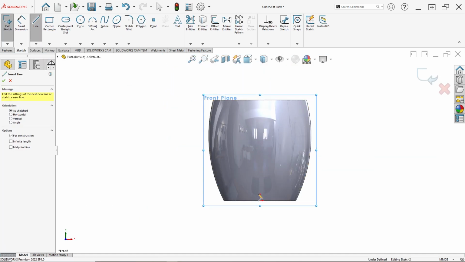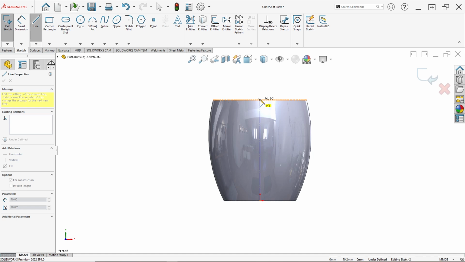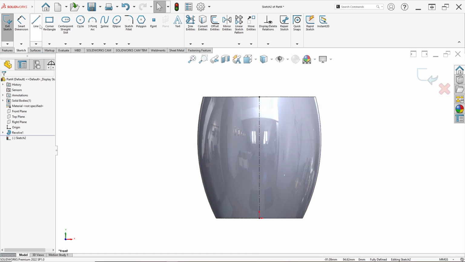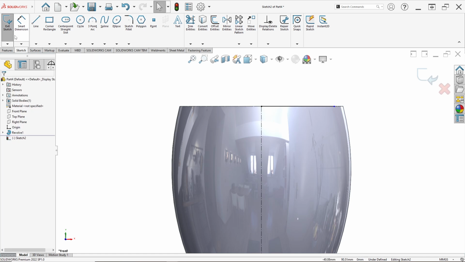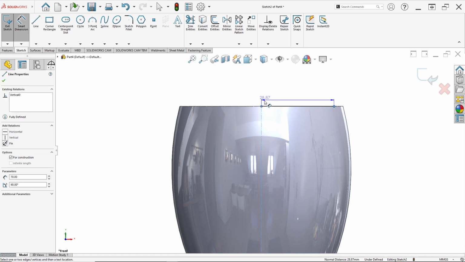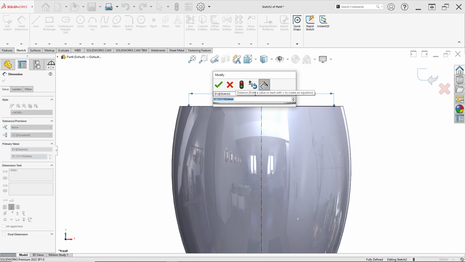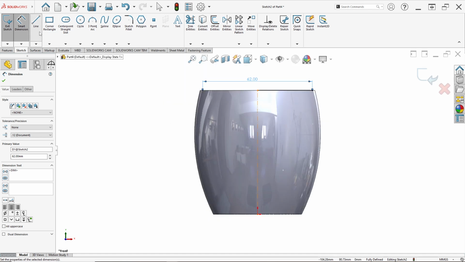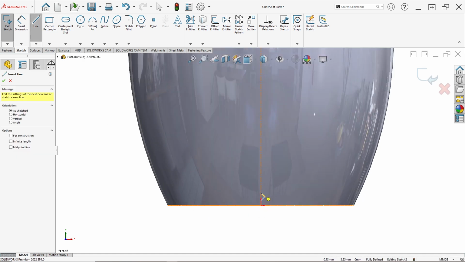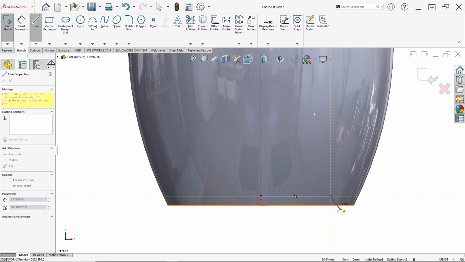Draw a center line again, from this point to this, and draw a line like this. Set the dimension: this point, click Shift, and the center line, and set it to 62 millimeter. Then click Line again and draw like this, this, and this.